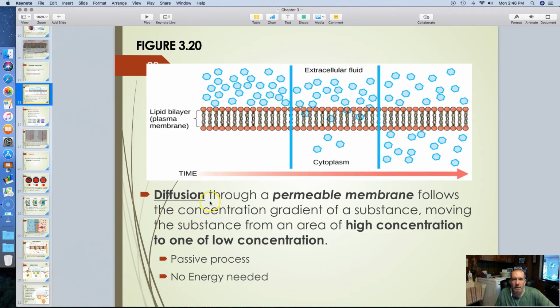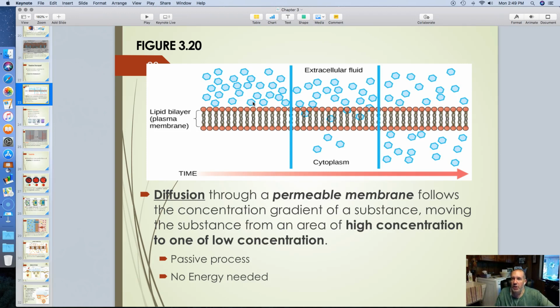So the next process we're going to look at, and this is basically one of those passive types of transport, is called diffusion. So again, notice we have a membrane here, right? A phospholipid bilayer, so a typical plasma membrane. And notice that we're going from left to right, time, just minutes, whatever the time frame is. So this is the outside of the cell, and this side is the inside of the cell. So when you've got fluid on the outside of the cell, as long as the molecules are small enough, they're going to move